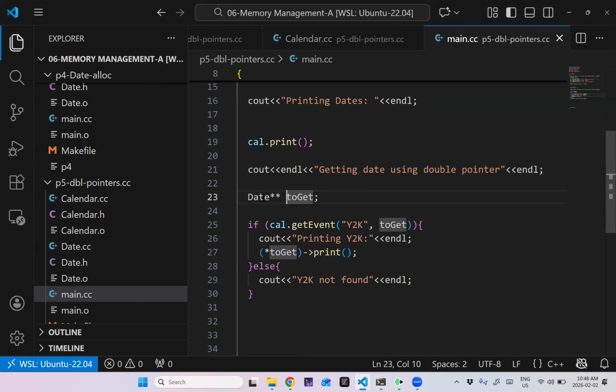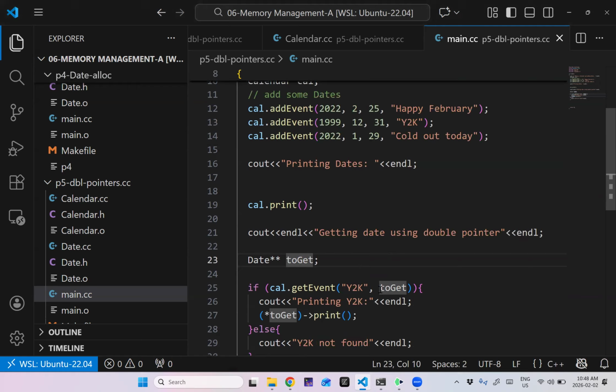So does anybody understand what happened there? Probably not. That's okay. This is complicated. But basically, if I pass in the address of a pointer, when I dereference it, I get back a pointer. If I just pass in a double pointer that's pointing to nothing, then when I dereference it, I get back nothing. I get back whatever garbage is there. So I get a seg fault.